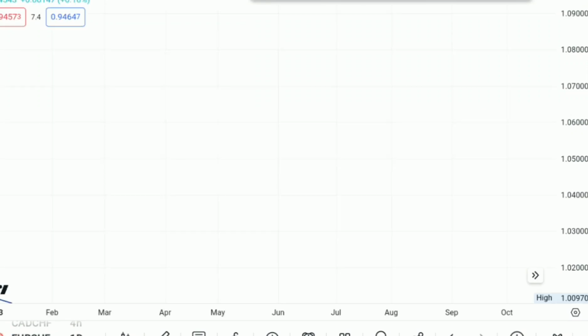In the past 2 weeks, we talked about market structure and support and resistance. So this week we'll talk about trend lines, how to draw a trend line. The first thing you need to understand is what trend lines are. A trend line is a line we draw on our chart that connects swing highs and swing lows